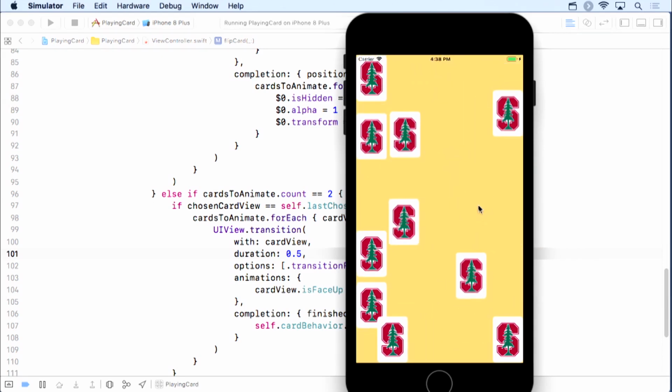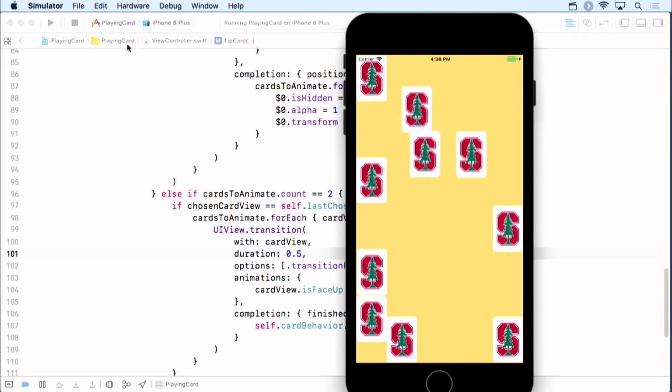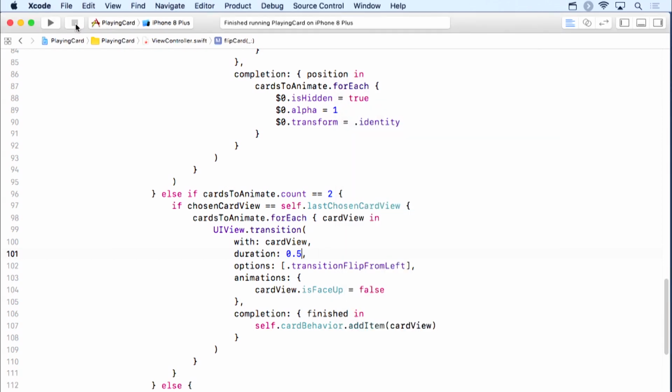There's a match. Okay? All right, I believe that's all I have time to show you. I got through most of the stuff I wanted to show you. So your homework is just to animate your set in very predefined ways. So you'll be using these exact same three mechanisms: transitions, view properties, and the dynamic animator. All right? I'll see you